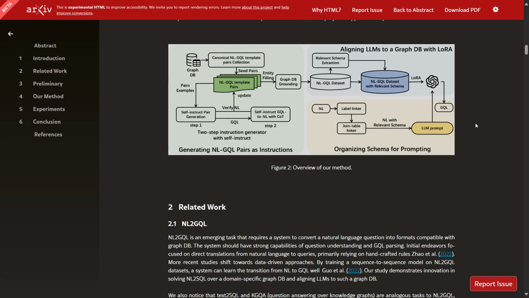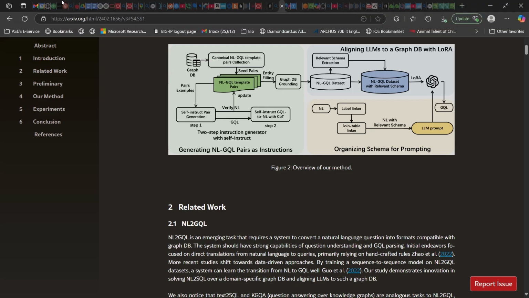De Cao et al. 2021. Nicola De Cao, Wilker Aziz, and Ivan Titov. 2021. Editing Factual Knowledge in Language Models. In Proceedings of the 2021 Conference on Empirical Methods in Natural Language Processing, pages 6491 to 6506, online and Punta Cana, Dominican Republic. Association for Computational Linguistics. Diao et al. 2023. Shizhe Diao, Pengcheng Wang, Yong Lin, and Tong Zhang. 2023. Active Prompting with Chain of Thought for Large Language Models. arXiv preprint